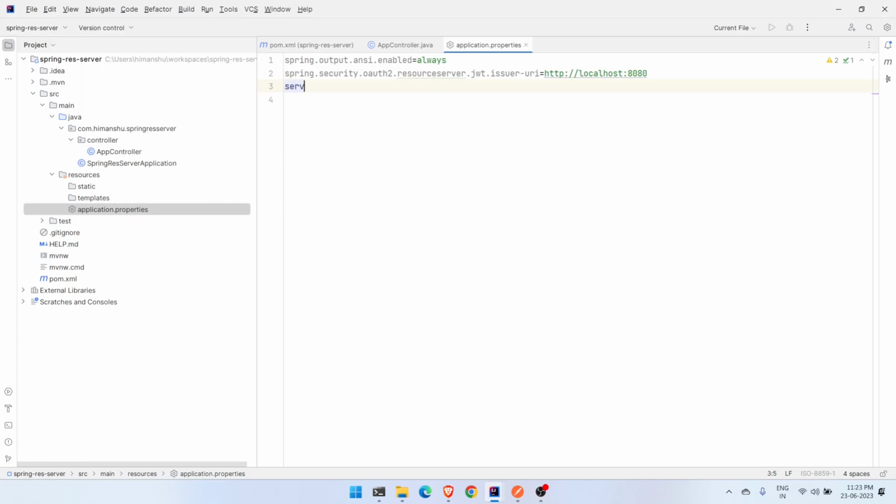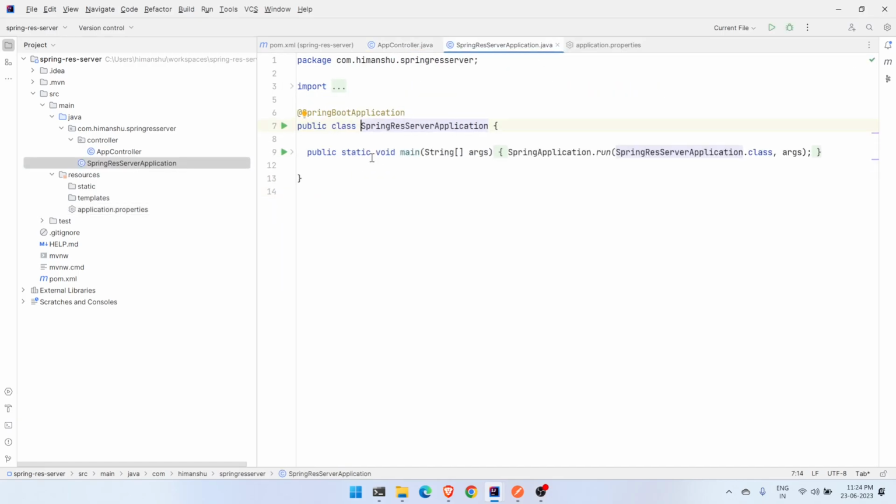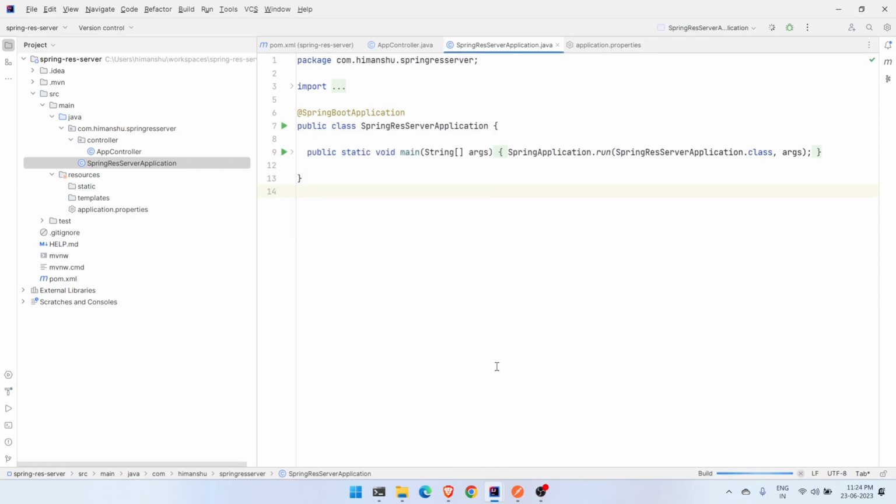And finally, since now we are going to have two applications running, we will change the port to a different one from this one, okay? All right, so that's all. This is the configuration we need so that it can interact with the authorization server, nothing else. Now what we did, we just created an endpoint over here, nothing. So let's start the resource server and first see whether it is even starting or not,